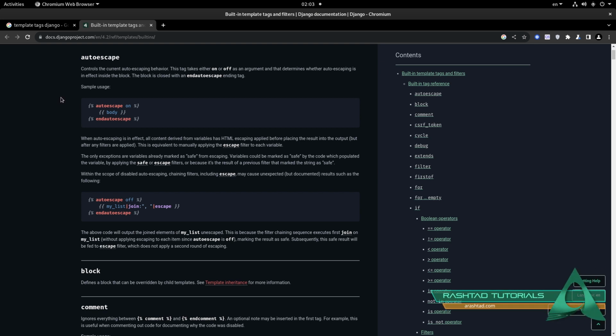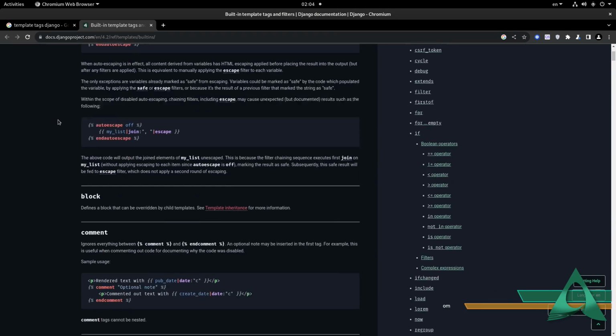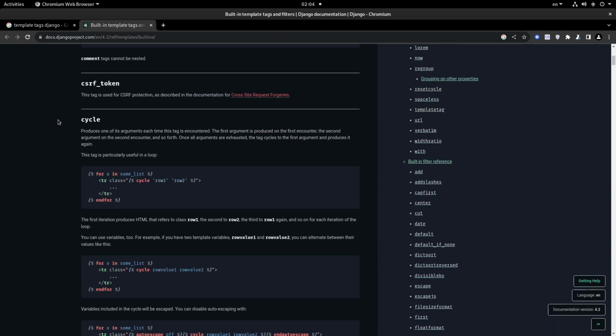So the first one that I'm going to introduce here is the for loop. So let me head over to the for loop here, because this is the most important one. You've used this in the Django 1 course a lot. So for those of you who haven't seen those videos, here you can learn about the template tags using the Django template tag. And notice that the for loop here is a little bit different from the kind of for loop